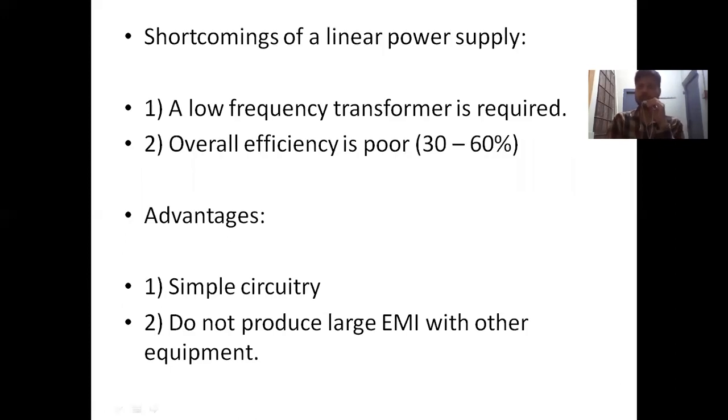So what are the shortcomings of this linear power supply? Why do we need to study isolated switching DC power supplies? The shortcomings are, first of all, you need a low frequency transformer. Low frequency transformers have a bigger weight as compared to high frequency transformers. Second, the overall efficiency of a linear power supply is poor, 30 to 60%, because